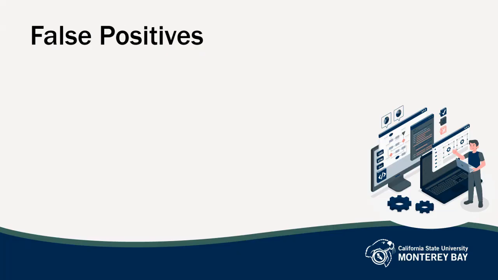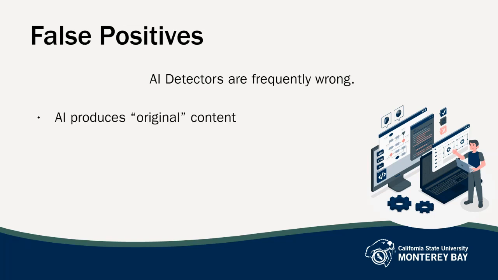I've mentioned false positives a few times throughout this presentation, but this bears repeating because this is a big deal. Many AI detectors out there will note that there is a likelihood of false positive results, which makes sense because these tools are designed to mimic real and natural human creations. The other problem is that these are original works. It's one thing to detect a perfect copy or plagiarism, but it's quite another to detect when something incorporates pieces of data to create a new thing that has not existed before.